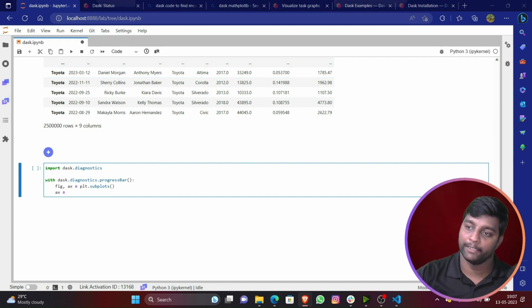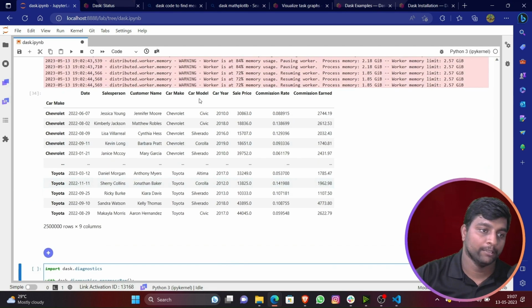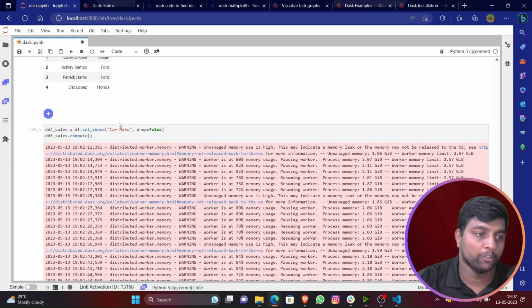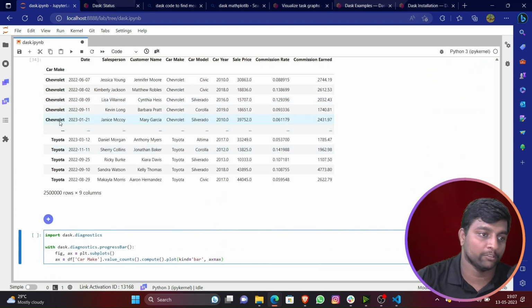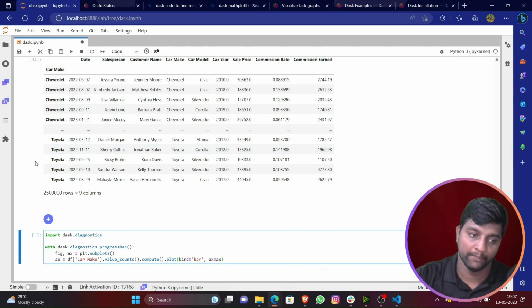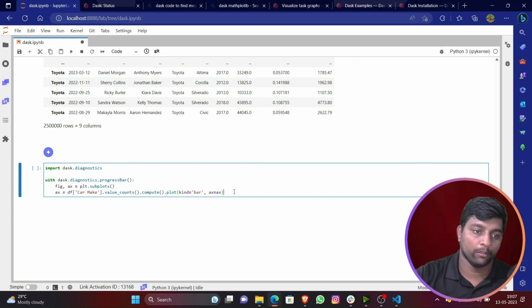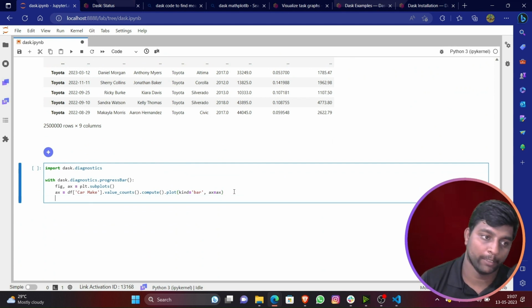So for this, I'll be just taking directly this one and I'll be doing this. This one I wanted to show you all, so I just did it like this so that you can see each car sales accordingly. So from here, we'll be taking this particular code. I have just copied and pasted it from the internet. So now what I'll be doing, ax dot set